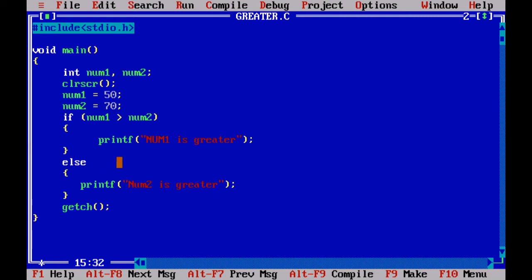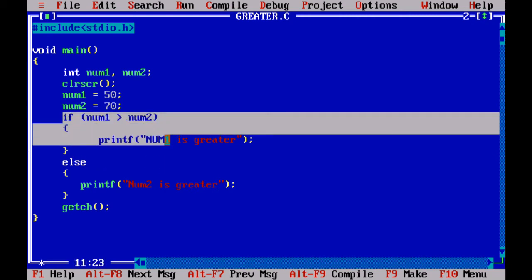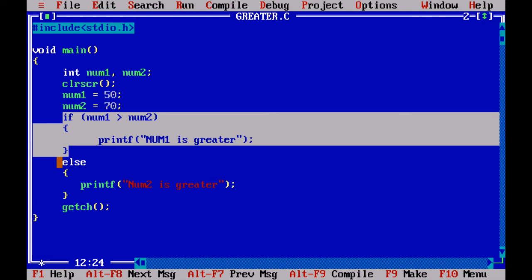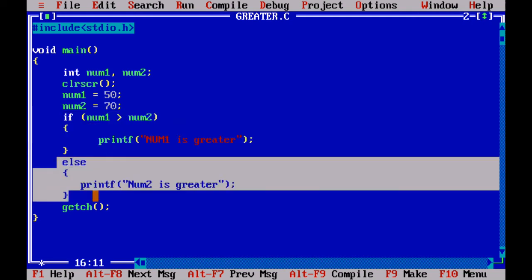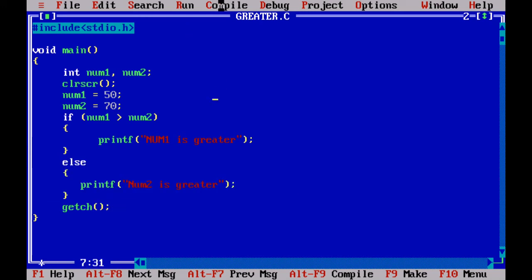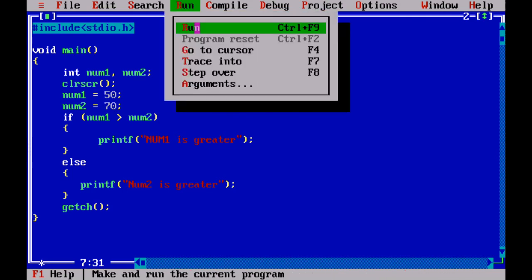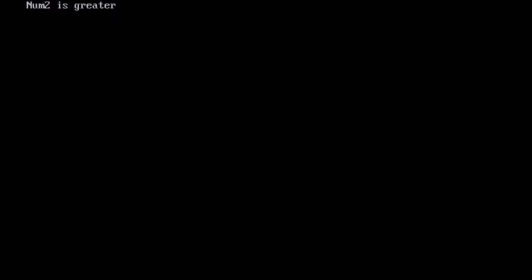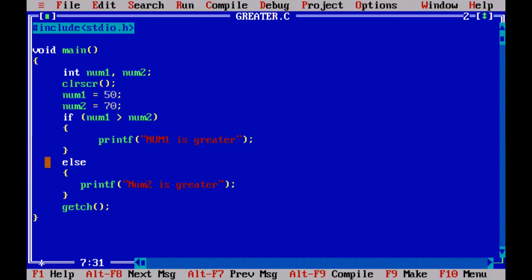So here, if this condition is false, the compiler will ignore this code and will just execute this line. Let's check that. Compile and let's run it. See, num2 is greater, that is because this was false.